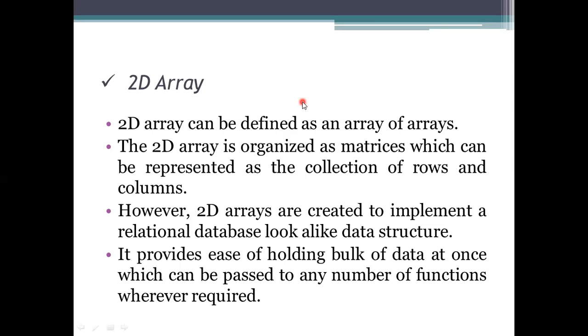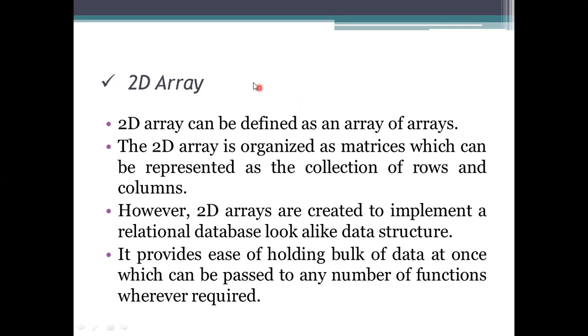The two-dimensional array allows you to represent in that way, and it is popularly used for matrices, such as matrix multiplication or matrix operations, or any application using a two-dimensional representation. It allows you to use the array concept for that processing.